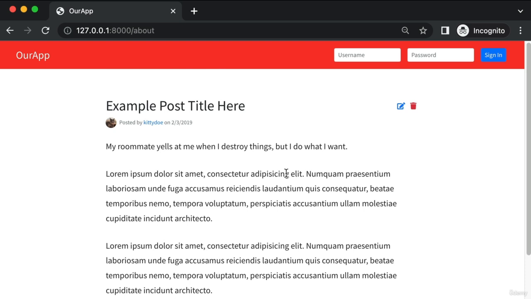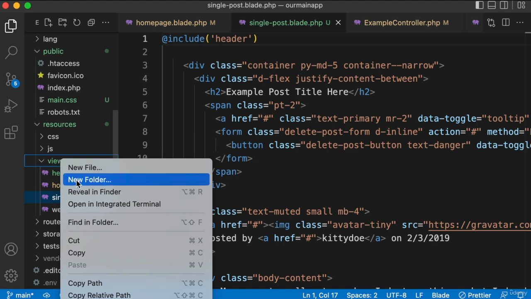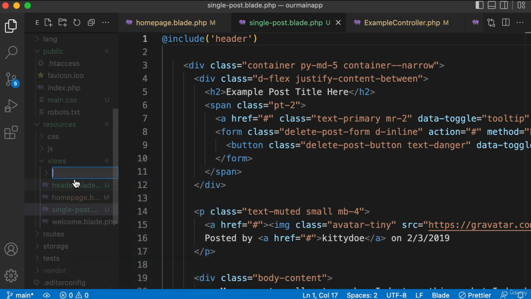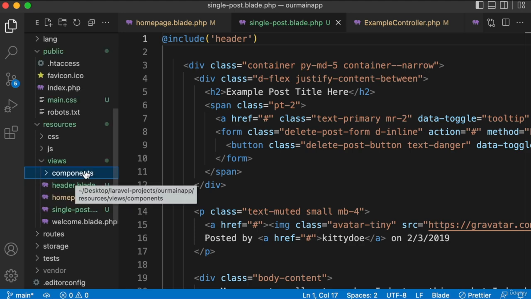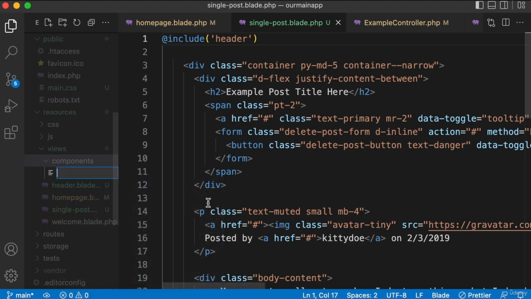So there's something in Blade called a component. Watch how cool this is. Inside our views folder, I want you to do this with me. We're going to create a new subfolder, and the name of it matters. So I want you to right click on the views folder, click new folder, and it needs to be named lowercase components. Okay? In this new components folder, I want you to right click, create a new file, and you could name it anything, but let's name it